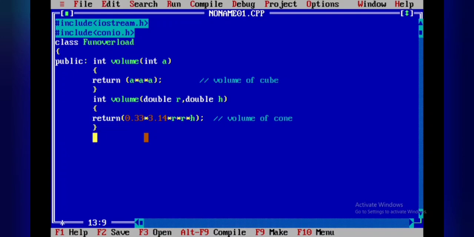Then closing of the function called volume, and then we have another function volume of double R comma int H. So this is related to the volume of cylinder.